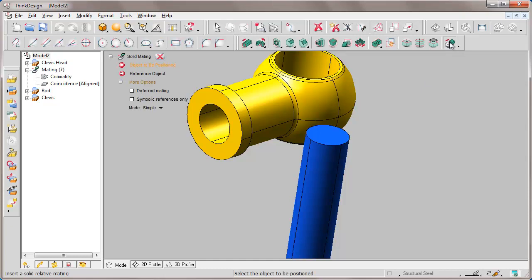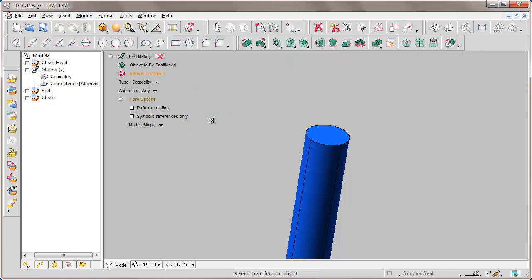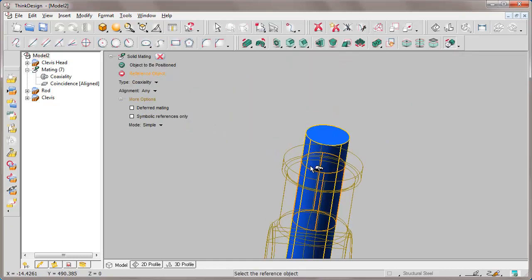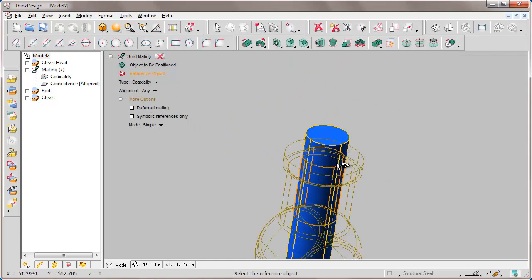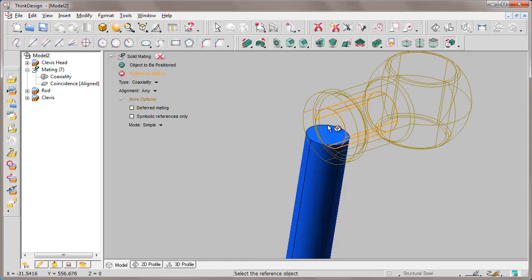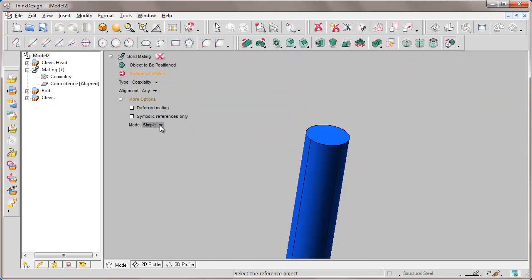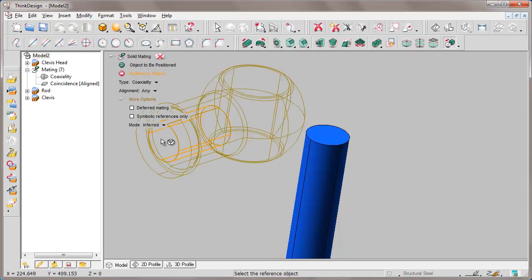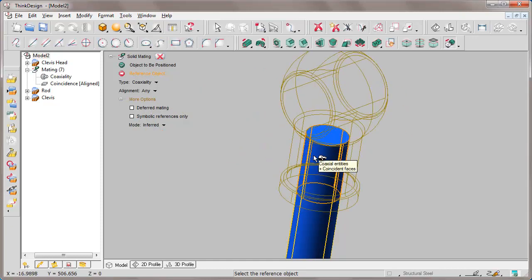With simple, in fact, a tooltip with a single constraint is displayed, as now, while setting inferred, the tooltip shows both constraints, coaxiality and coincidence.